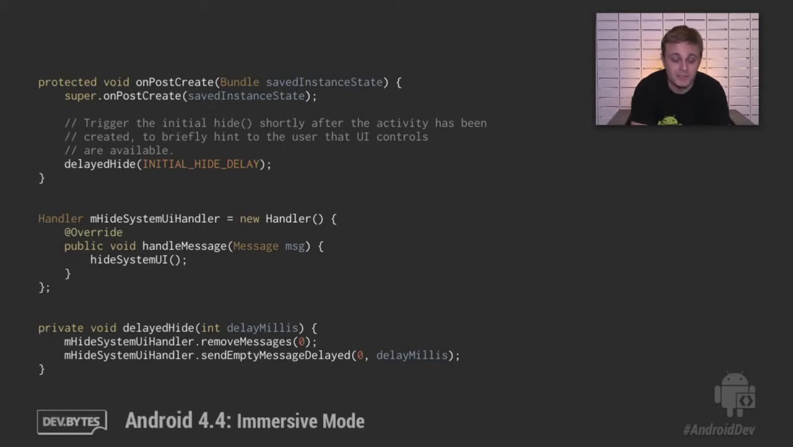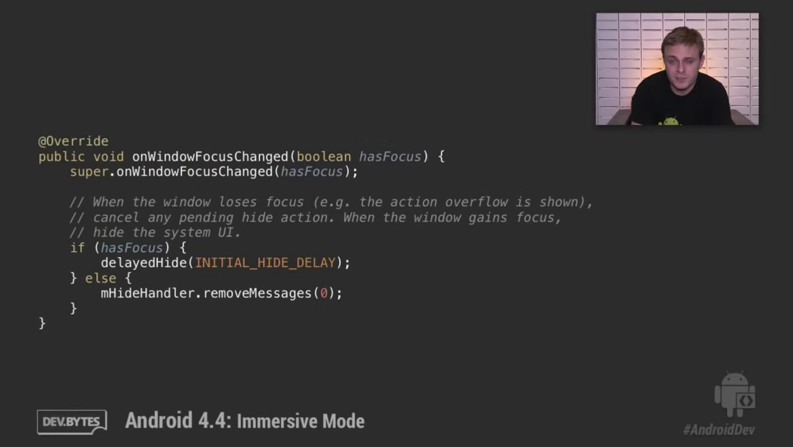We won't go through all the details here, but basically, you want to use a handler with delayed messages for this purpose. You can also clear messages to make sure that any pending hides or auto-hides are canceled if need be. Additionally, you should handle the case of window focus changes. If you gain window focus, you may want to re-hide the system bars. If you lose window focus, for example, due to a dialog or pop-up menu coming up, you'll probably want to